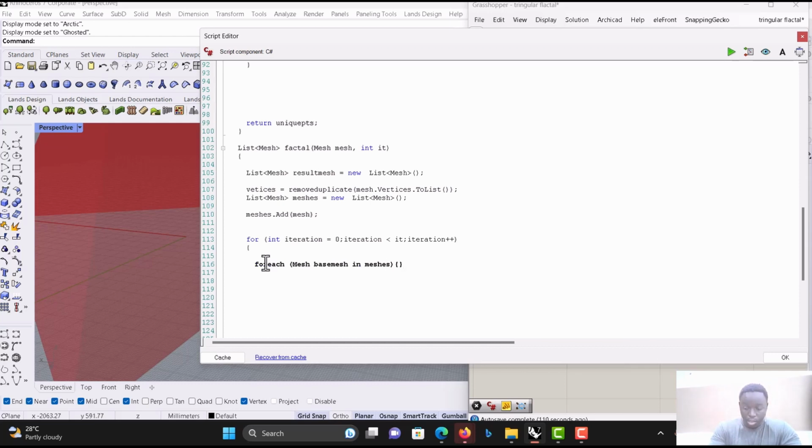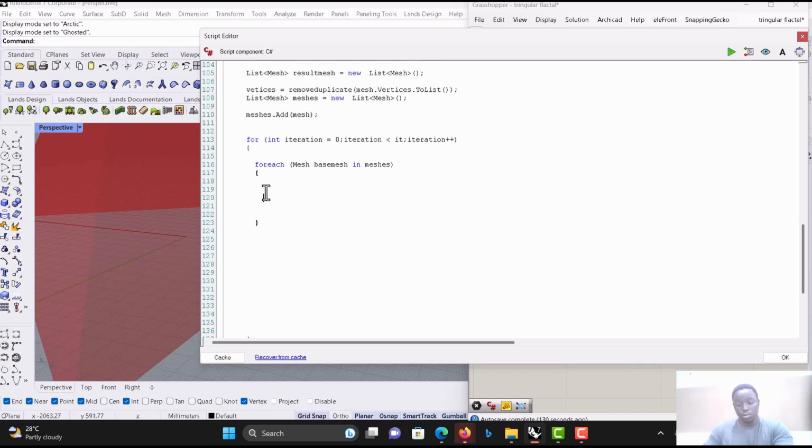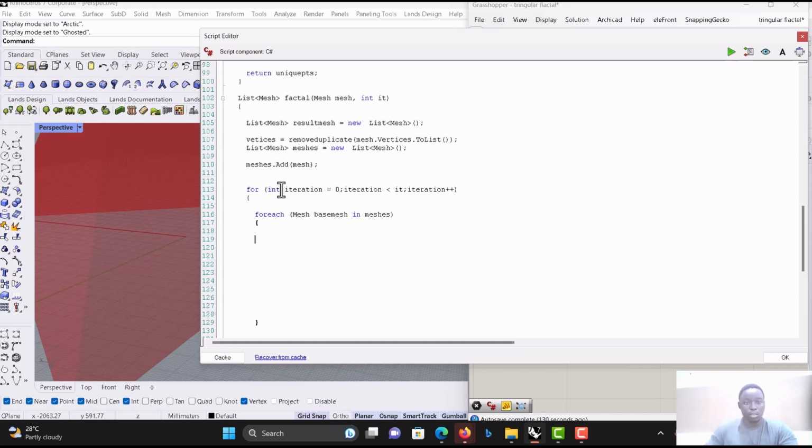Then we close the loop. Meshes. Okay. So the nested loop, we want to take this mesh and scale around the vertex. This vertex we are getting. Okay. Make it for each